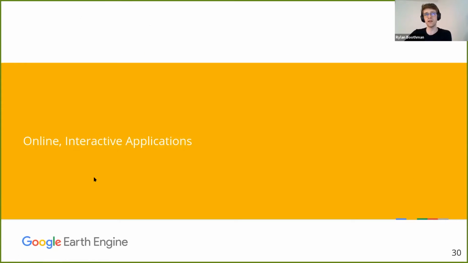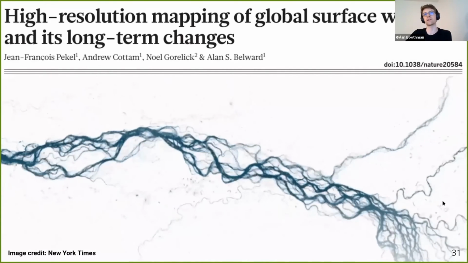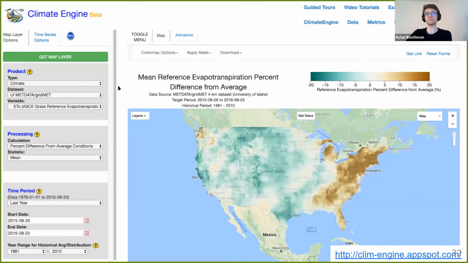The other thing that Earth Engine allows you to do besides just kind of creating maps and exporting maps is creating interactive applications. So if your work involves creating kind of forward-facing things that you share with the public, Earth Engine provides some powerful tools to create that. So again, this is an example of time-lapse, but looking at water cover around the world. This is an example of what the interfaces look like that you can create. This is measuring evapotranspiration across the United States, and you would write the code in the background and then create this application that is out there online and then allows people who are not programming experts to go and interact with this